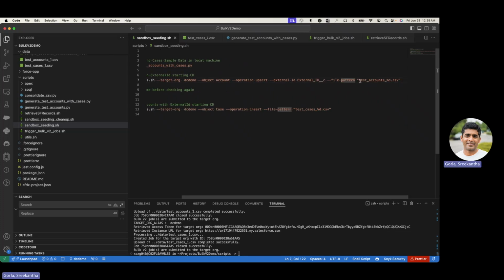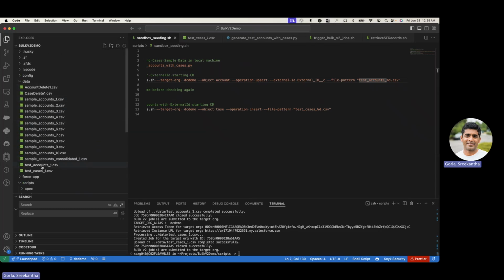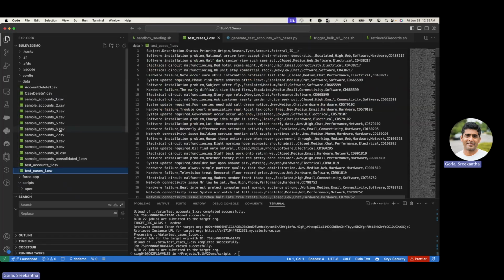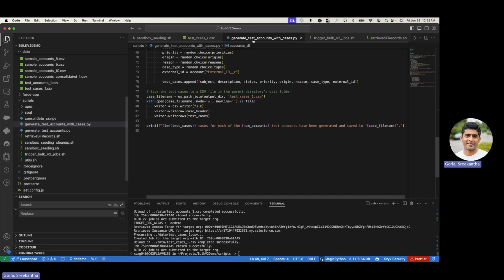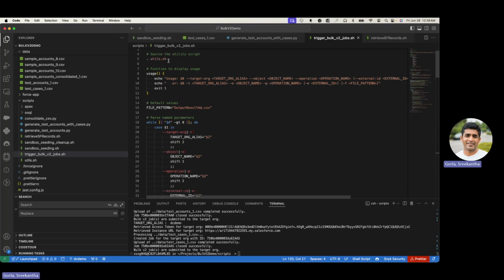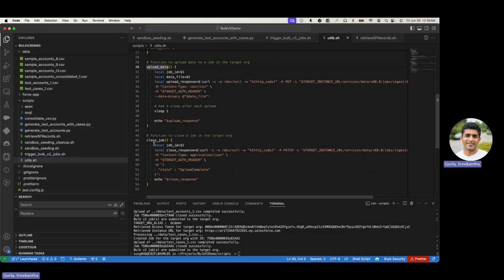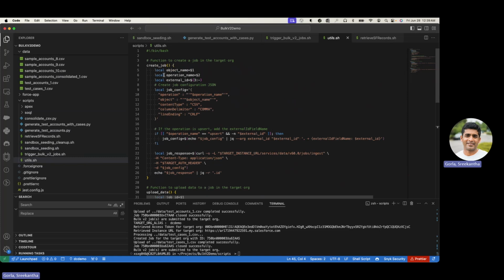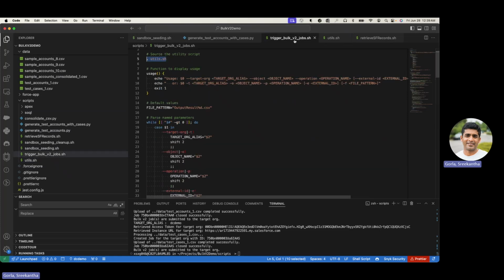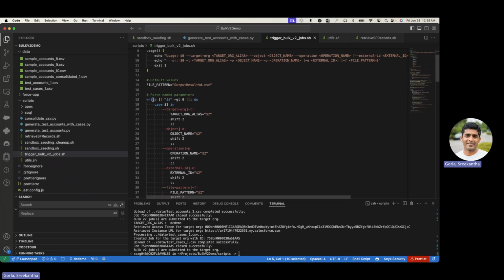And so here we set the test accounts, and that's why it is looking at only test accounts. And for this case object and test case underscore one. So now, to go into the shell script, I have this utility that basically creates the bulk jobs, uploads data, and closes the job. So basically, I created the job separately, and I'm using this whenever I need. And this is where I'm doing that